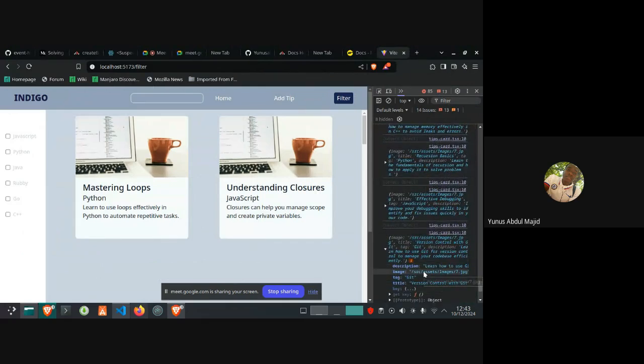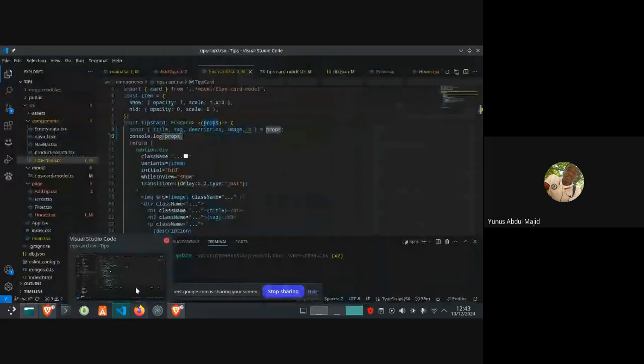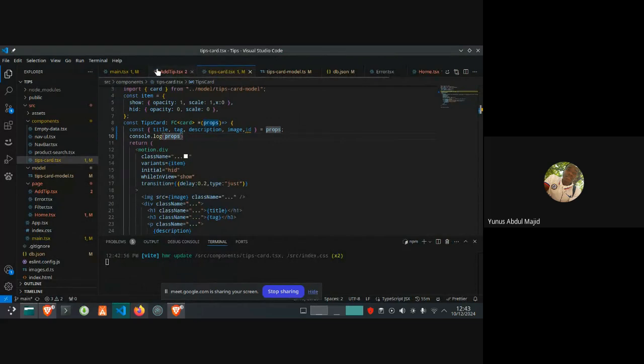Okay, the error is supposed to be here, where we are in the filter component, filter page.